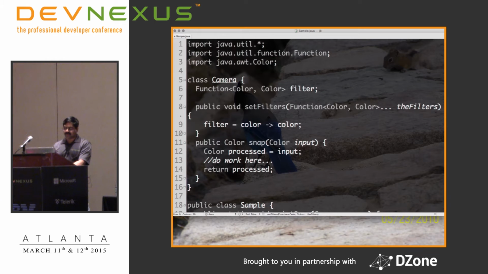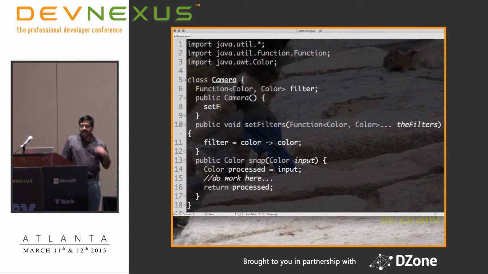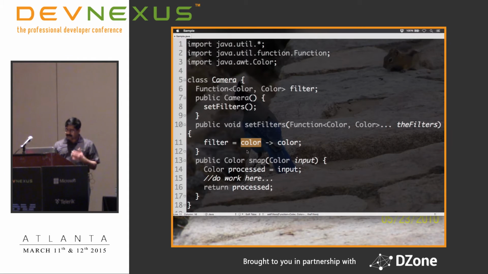And one more function before we are done with this. So public, let's say camera, and it simply calls set filters with absolutely nothing. So in a sense, I don't have any filters yet. And the only filter I really have is garbage in, garbage out. Takes a color and gives back a color. That's all it is, right? So let's make sure we're building up this code properly, and then the output should still be exactly the same